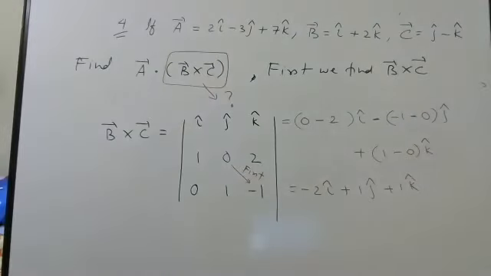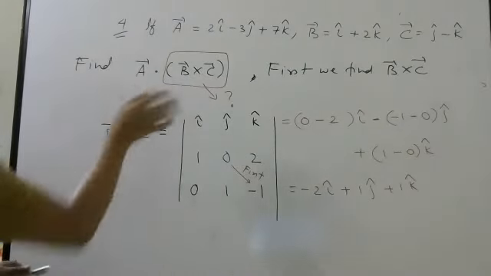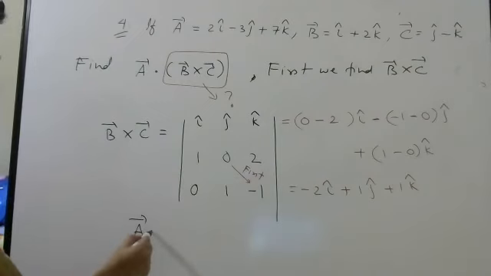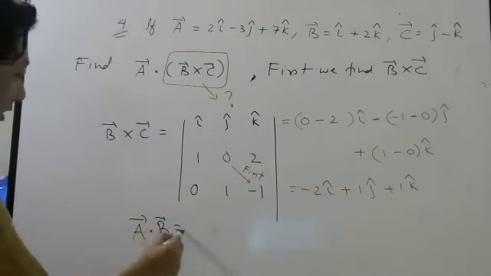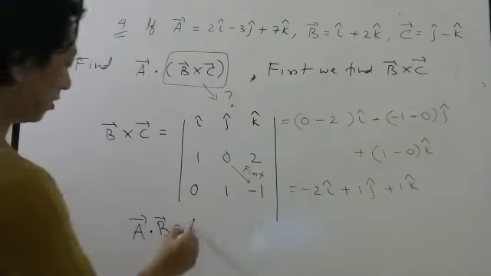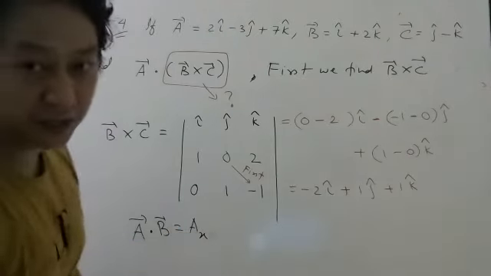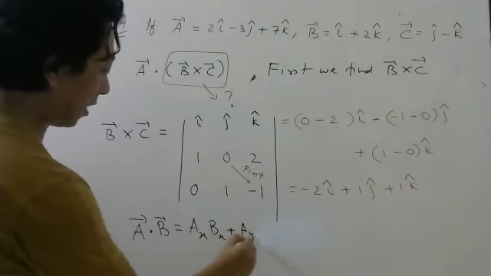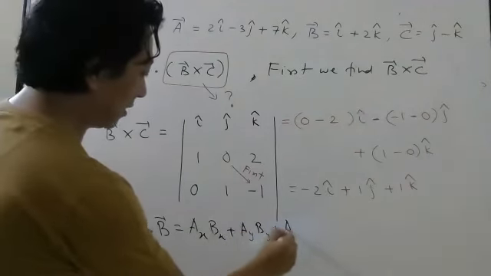Correct. So once we found this one, now we have to take dot product. Right till here? I hope everybody remembers dot product, no? A bar dot B bar. This is easier. What was the formula? Don't write, it will be difficult for you to write. So dot product, how do you write? AX BX plus AY BY plus AZ BZ.